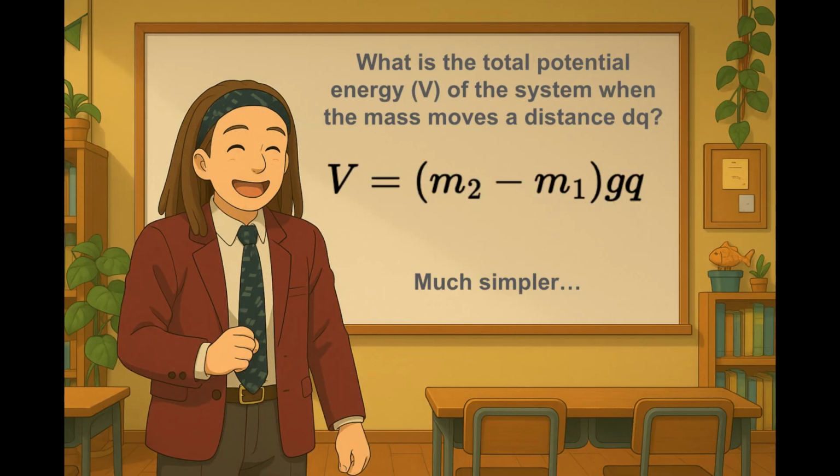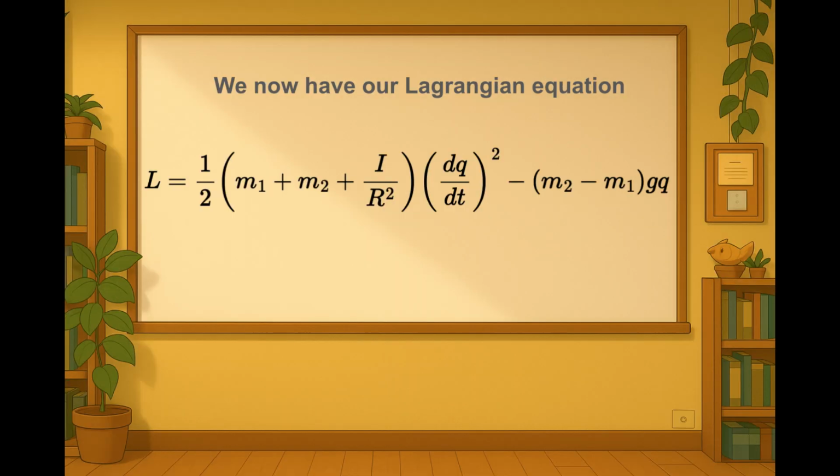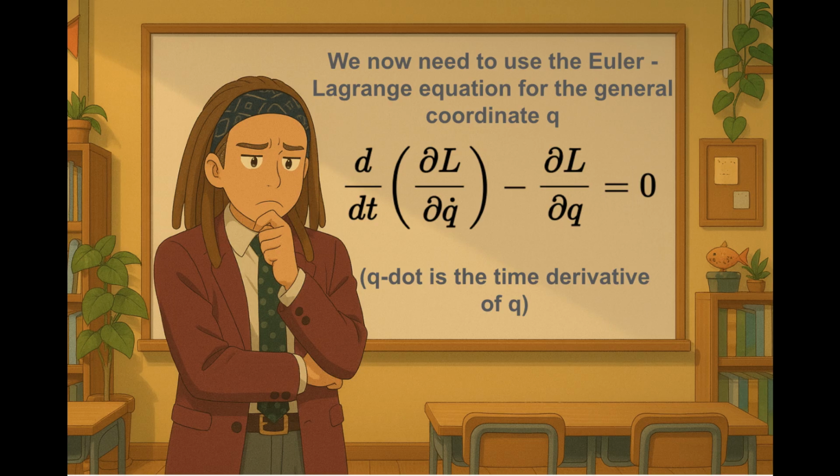Potential energy V. As M1 moves down by q, its potential energy decreases by M1 g q. As M2 moves up by q, its potential energy increases by M2 g q. So, V equals minus M1 g q plus M2 g q, equals (M2 minus M1) g q. Our Lagrangian L is therefore L equals T minus V, equals 1/2 (M1 plus M2 plus I over r squared) (dq/dt) squared minus (M2 minus M1) g q. Now, we apply the Euler-Lagrange equation for our generalized coordinate q,